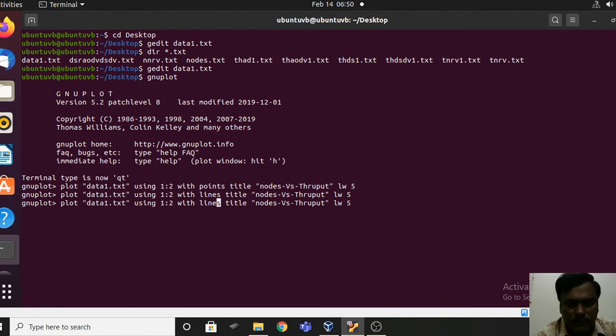Say instead of points or lines, if you want to plot the graph using linespoints, be careful, it is linespoints, not lines points. Once again I am stressing, it is just linespoints.